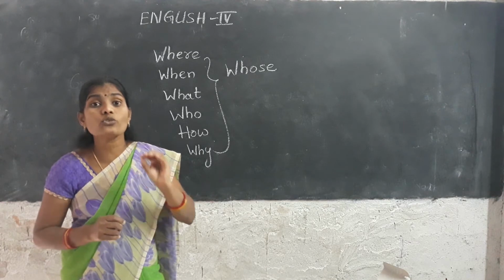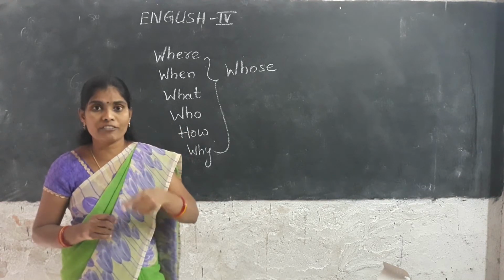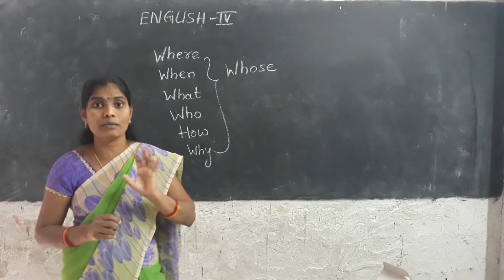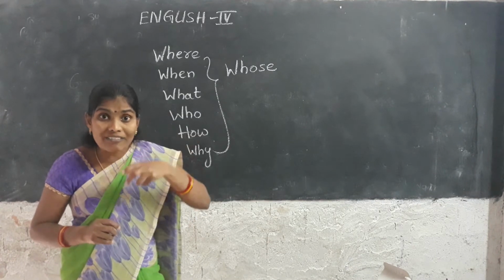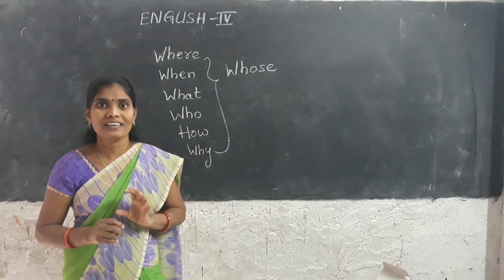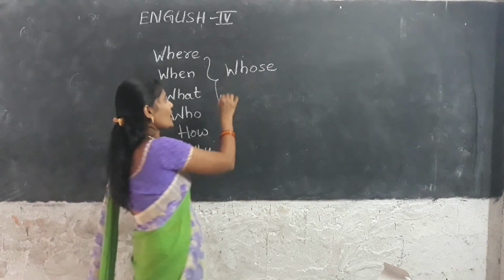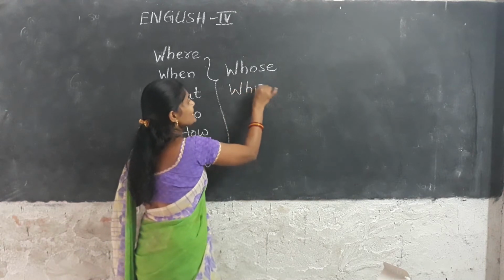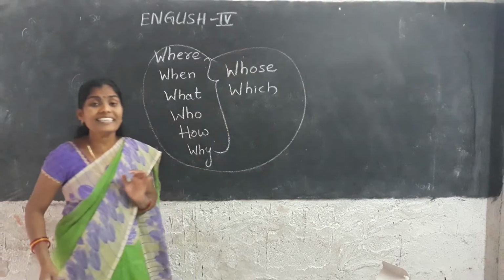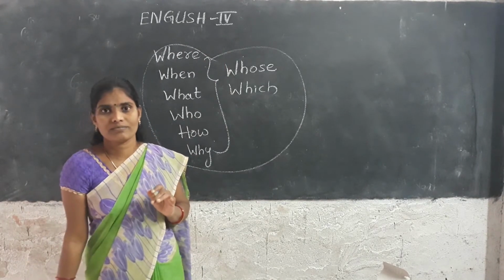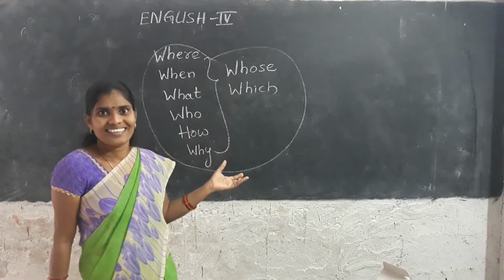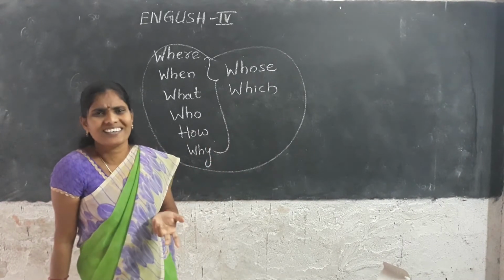Then you have to use which is your favorite food, which is your favorite fruit, which is your favorite vegetable, which is your favorite dress, which is your favorite subject. Like that we can use which also. These are all the interrogative questionnaires, interrogative adjectives, because we are using them in the interview. Interview means we are asking questions.